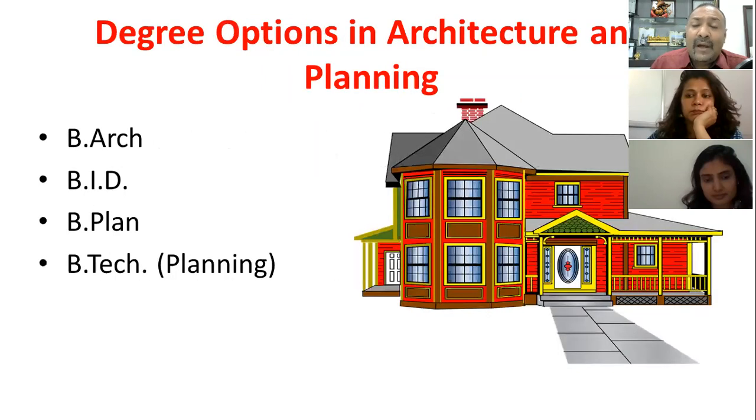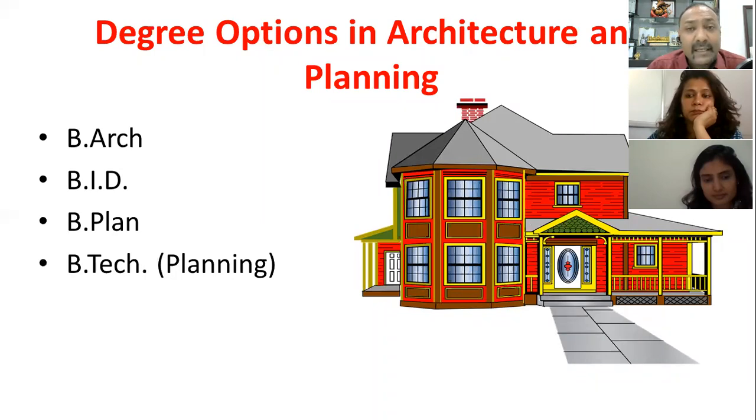Beyond this, one can also go for architecture or planning as a course. I don't know how many of you know, till 2018, anybody who has studied just mathematics in grade 11 and 12 could opt for architecture as a degree program, which is a 5-year degree program known as B-Arch.